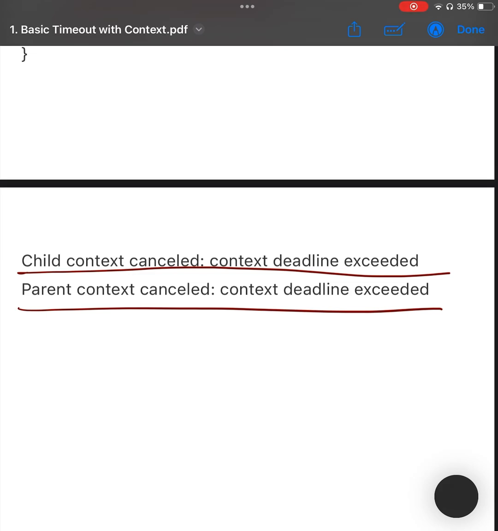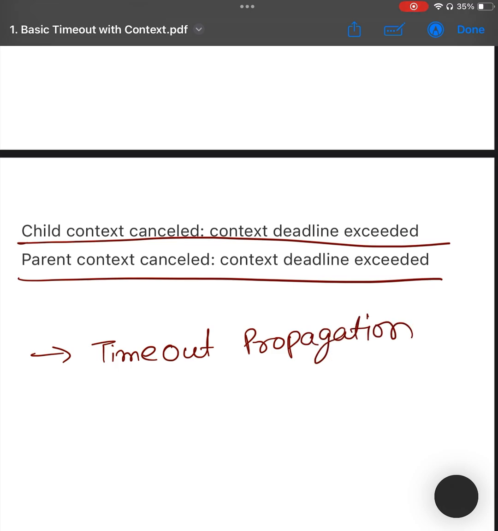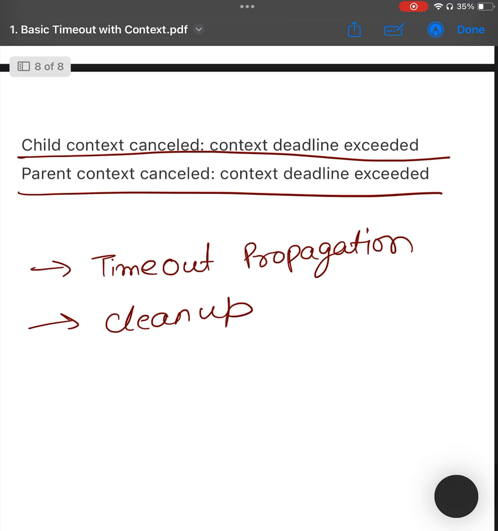Key observations across all examples. Timeout propagation. When a timeout occurs, all dependent operations tied to the context are notified via ctx.Done. Resource cleanup. The defer cancel ensures that resources associated with the context are freed after the timeout. Error messages. The ctx.Err provides a consistent way to understand why a context was canceled: context deadline exceeded. This detailed explanation